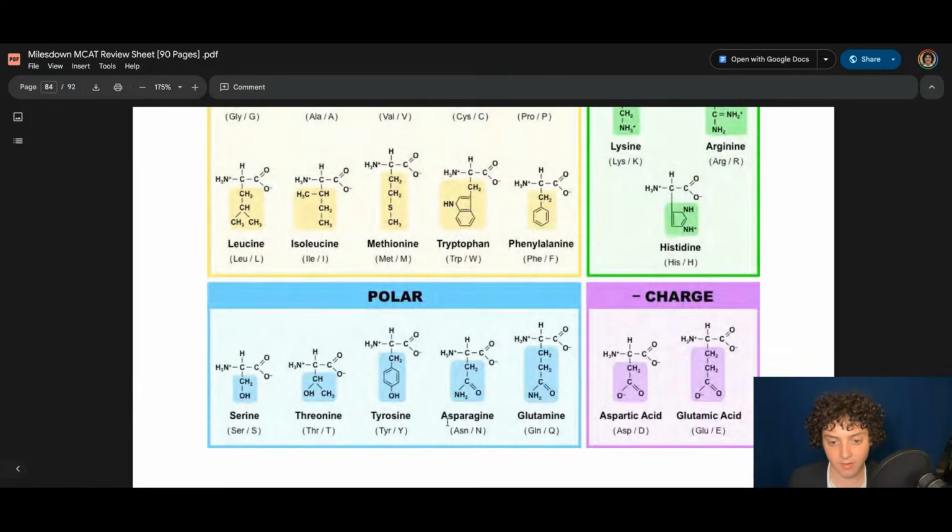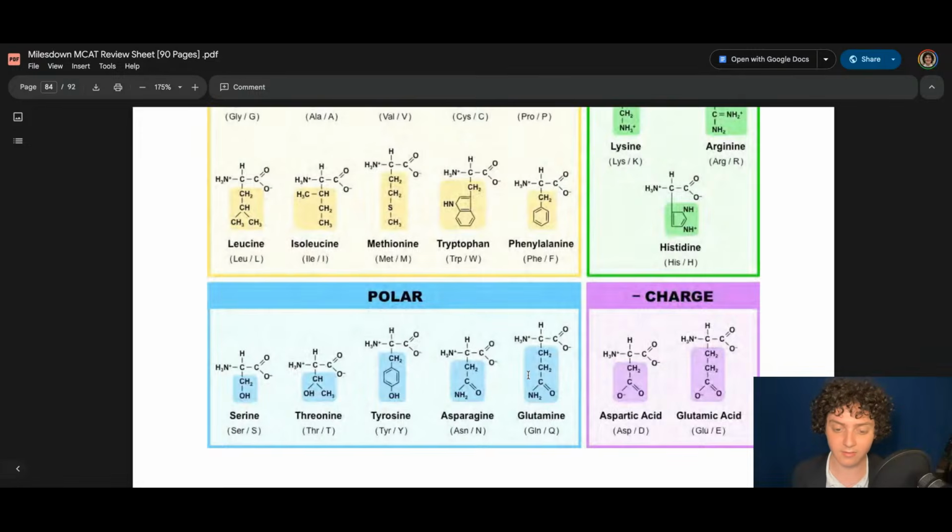Tyrosine. After tyrosine is asparagine, which has a CH2 and then an amide group, much like the peptide backbone of a protein when amino acids bond to each other, an amide group. An amide functional group is characterized by a carbon double bound to oxygen and single bound to an amine group, or NH2. After asparagine is glutamine.